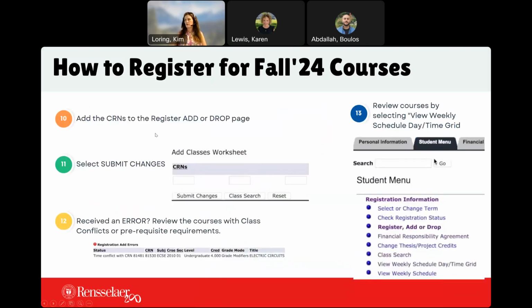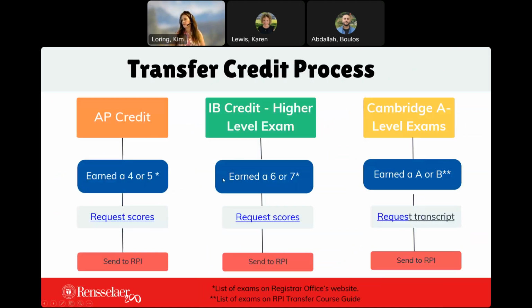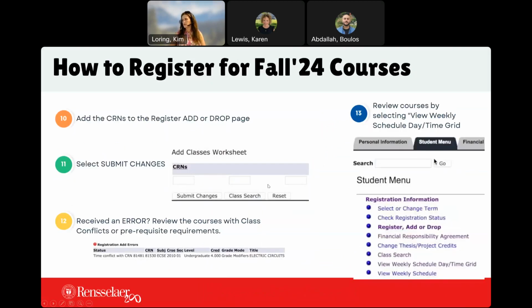So once you have all the CRNs and you're ready to register, you can have them all listed. I tell students to have it on your computer in a Word document or some other document so you can copy and paste them in when it's your time to register. You'll paste them into the little slots here. You can do multiple at once. You can do all the classes at once, and you can hit submit so that way it registers you for